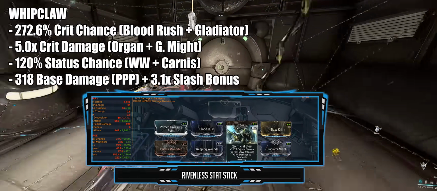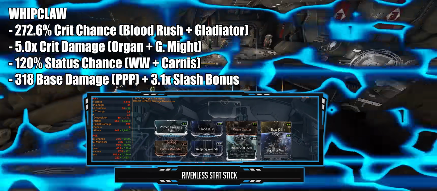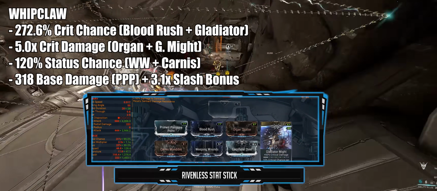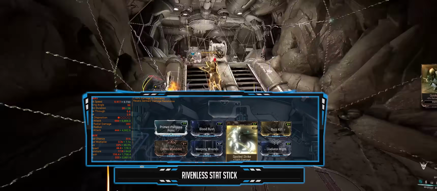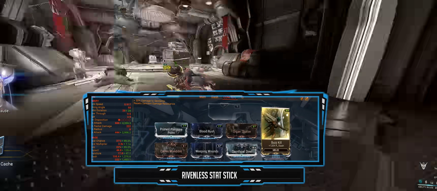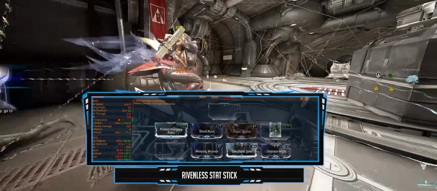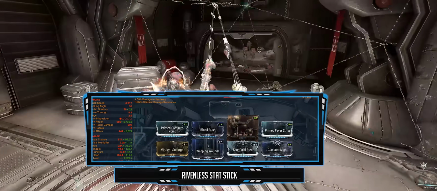More crit chance with Sacrificial Steel to bring it up to 272.6% crit chance, meaning more consistent oranges with a splash of red. Or you can add Spoiled Strike for more base damage, which also boosts your slash damage and DOT. If you're fighting against Corpus, just replace the 2 slash mods for 2 Toxin mods, as Toxin bypasses shields, so it just makes a joke out of the